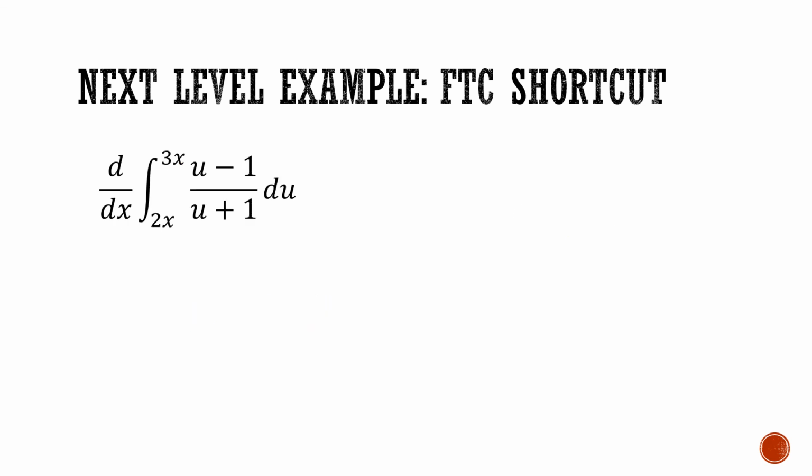All right, so fundamental theorem of calculus part 1, next level. So this is like the top level. If you really understand it, you can really do this. So we're doing the same exact thing, by just plugging in our bounds and taking the derivative of that bound. The difference this time is that I have an x on both my top and my bottom bound. And so I have to use my definite integral formula where I'm taking the top minus the bottom. So again, I'm going to plug in the top bound and also take the derivative of 3x, which is 3. And then I'm going to subtract that from plugging in the bottom and taking the derivative of 2x, which is 2. So I end up with